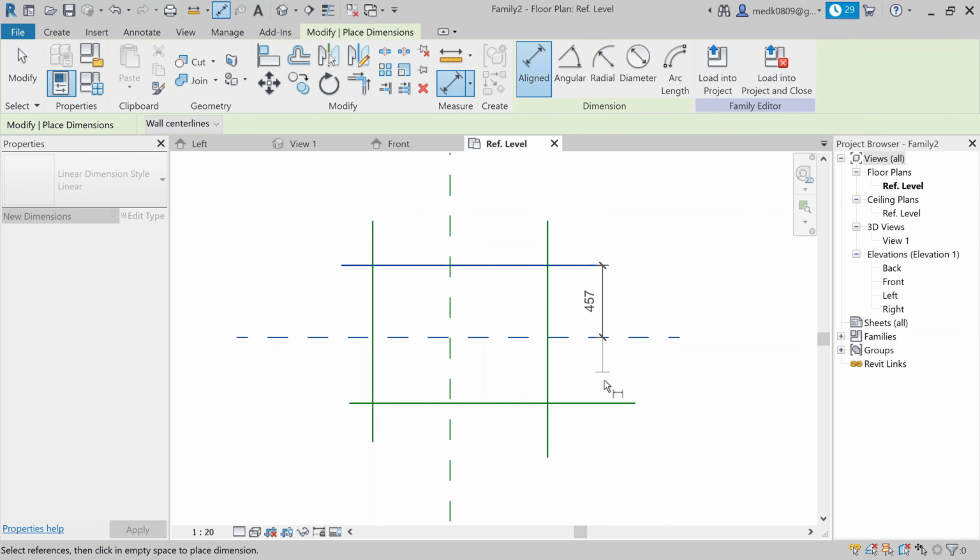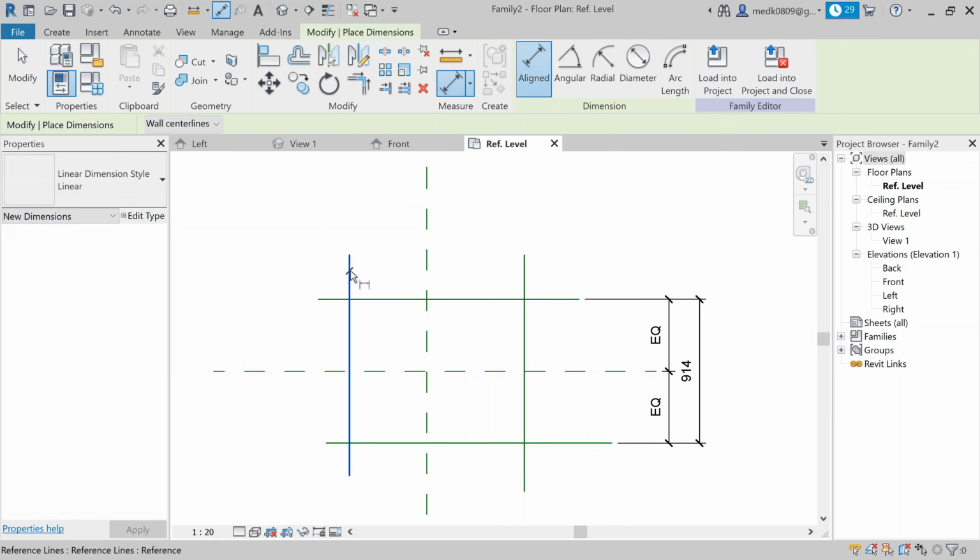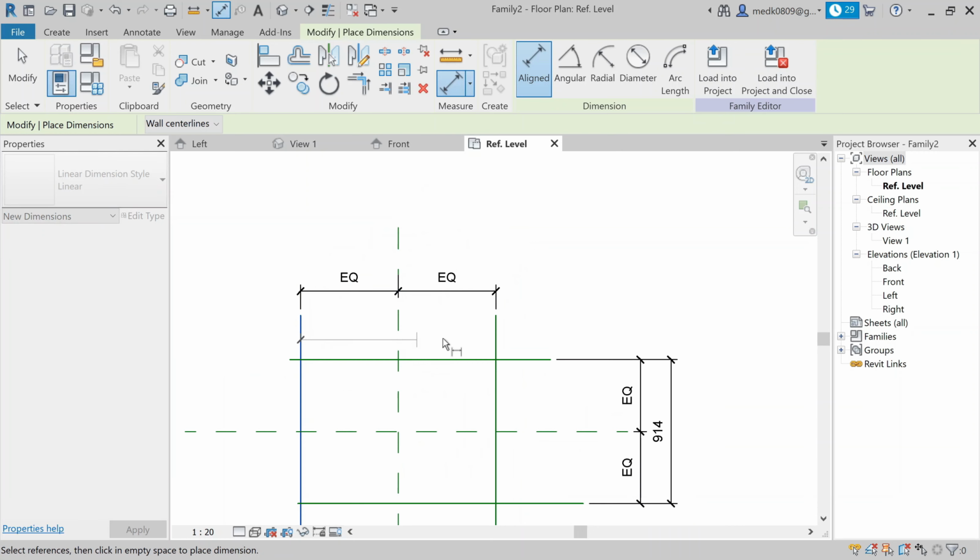for the constraints. So taking this level as a reference, I am creating this equilateral constraint. Then again I have this dimension. Okay, now same I will do here. We'll take the reference from the reference level and make them equilateral. Then again we'll give the dimension. So here we have the dimension.